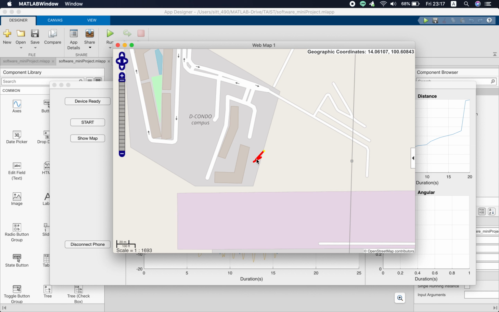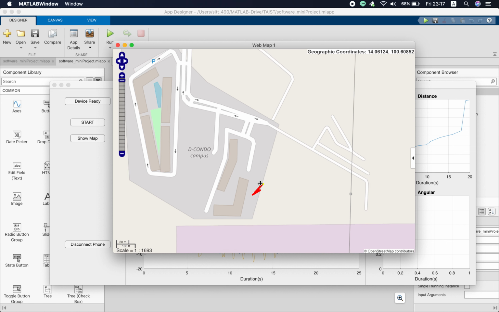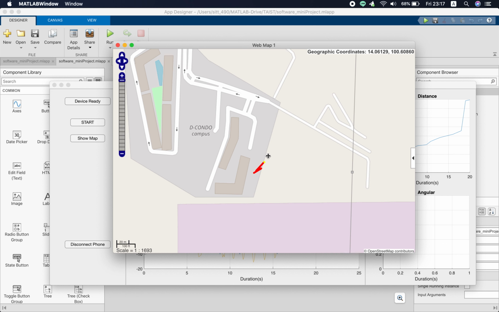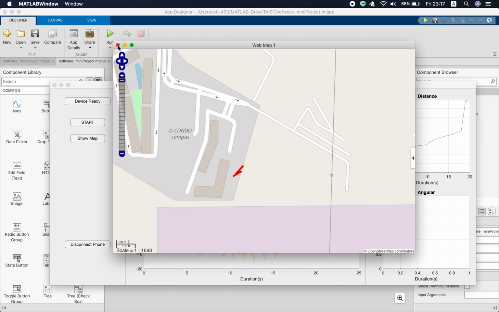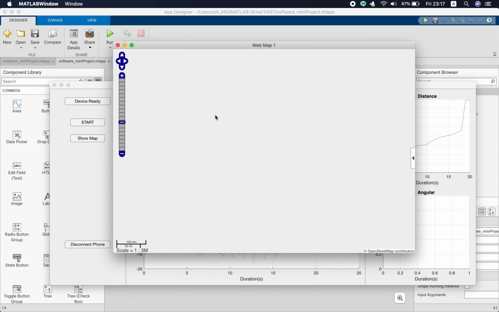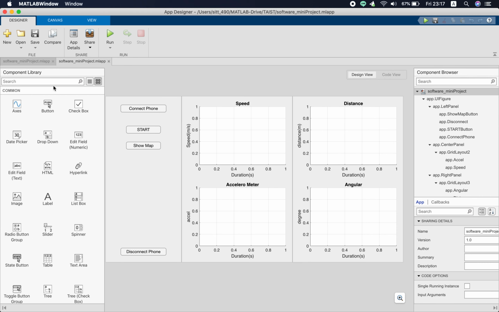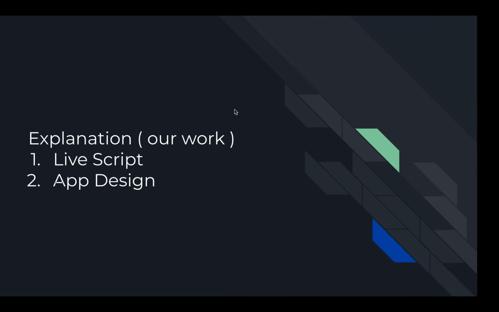So in this case, I don't go anywhere, I just turn my mobile phone up and down. And as my mobile phone is inside the building, the GPS is going to be quite confused about the signal. But if you go back to the live script